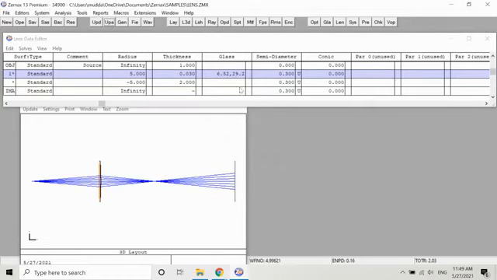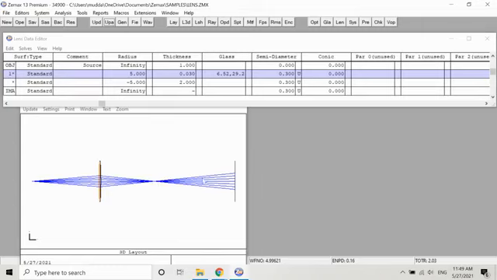Here you can see I just changed the property of the glass of this lens, so you can see its focus point is changing accordingly. If I did not define the glass type, it would act as a transparent medium and the light would pass straight through. But now I define the focal length of it, and besides that I also define its glass type, so they are focusing here due to this glass type.